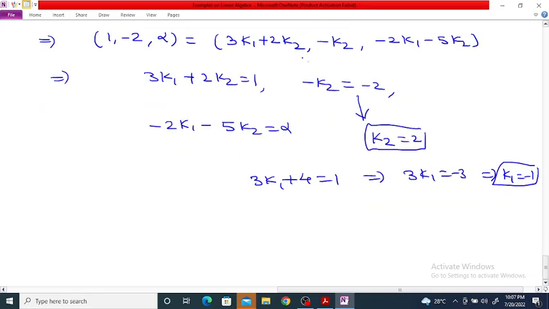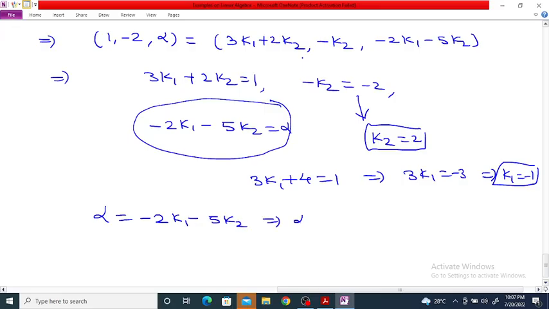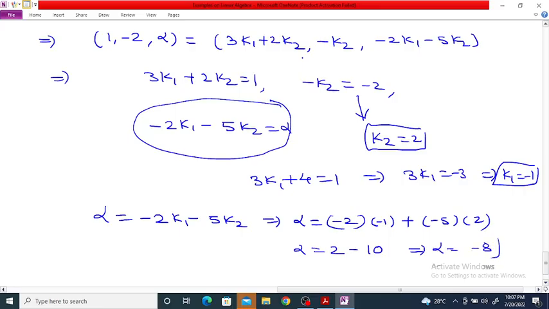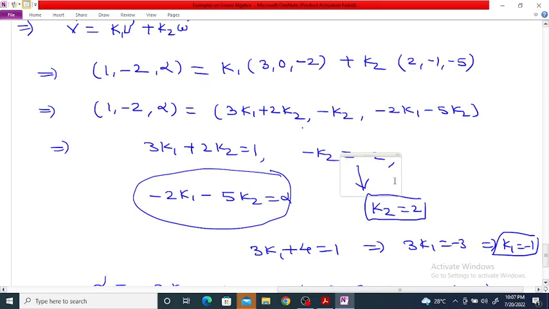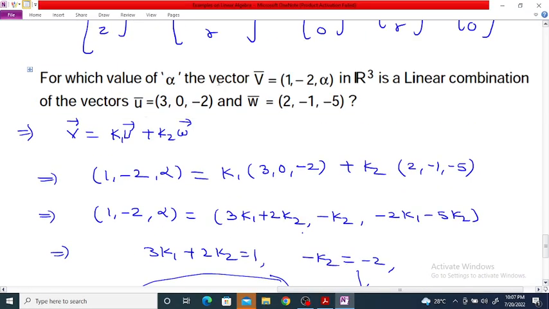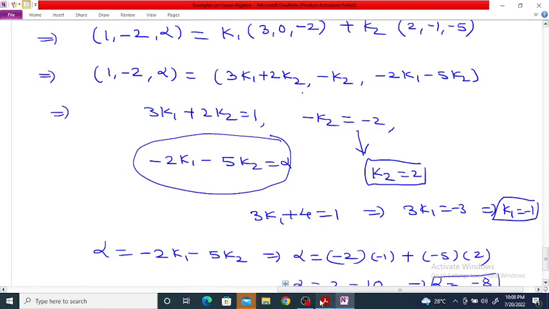If we substitute these two values here, then we get the value of alpha. So alpha is minus 2k1 minus 5k2. With k1 equal to minus 1, and minus 5 into 2, alpha is equal to 2 minus 10. So this implies alpha is equal to minus 8. So this is the value of alpha. For alpha equal to minus 8, we can express this vector as a linear combination of u bar and w bar. The next